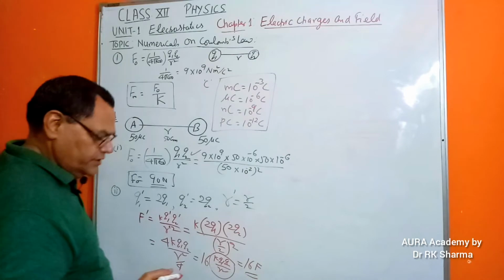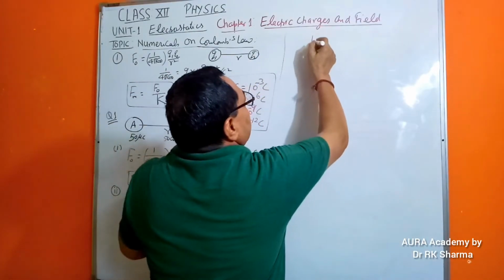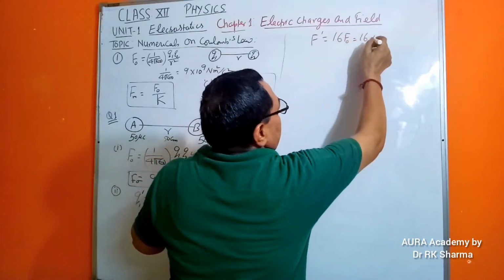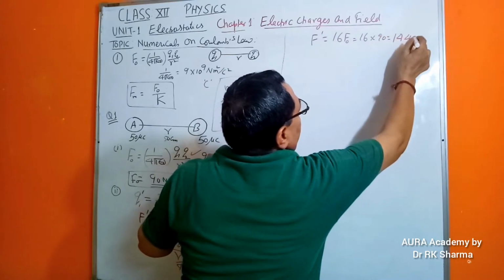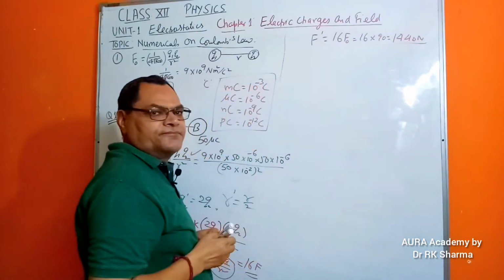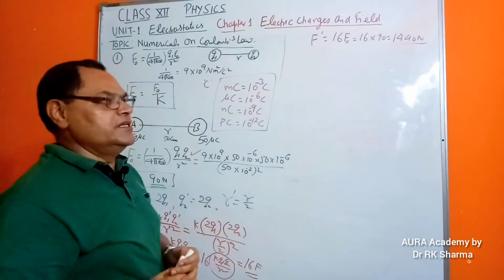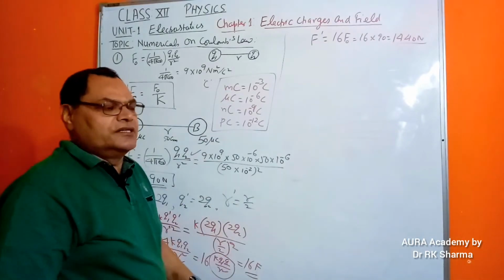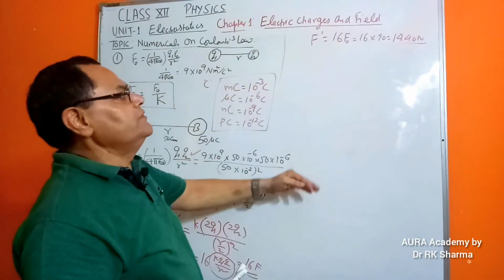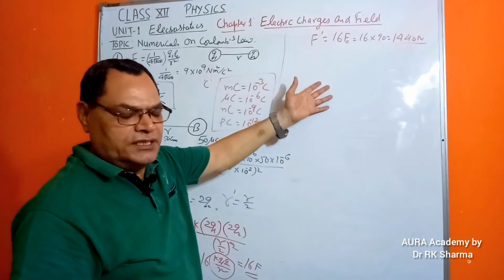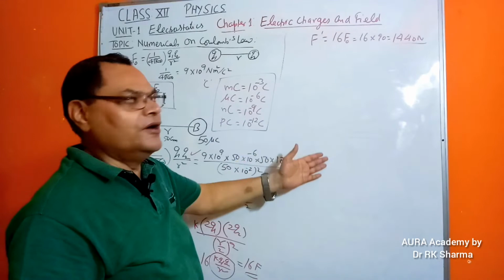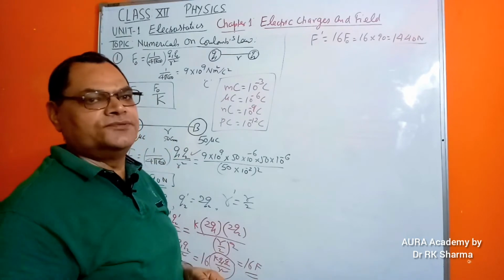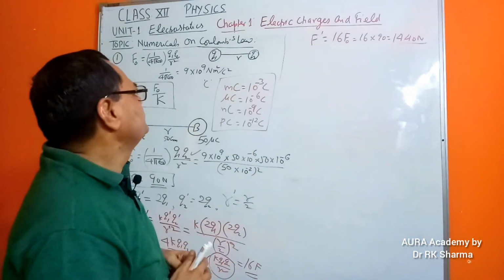So that force we know is 90. Therefore we get the answer: the new force F dash will become 16 times the original force. So that is 16 into 90, therefore 1440 Newton. This is the new answer. So in a competitive examination you are asked, if the charges are doubled and distance halved, what is the new force in general? The options A, B, C, D may be F by 3, 5F, 20F or 16F. So the correct answer will be 16 times the original force. Clear? I think quite simple.